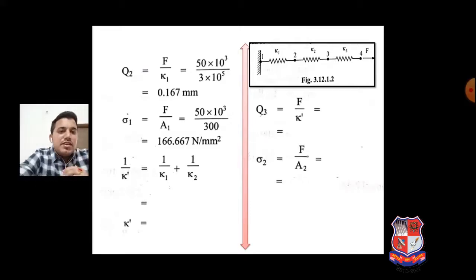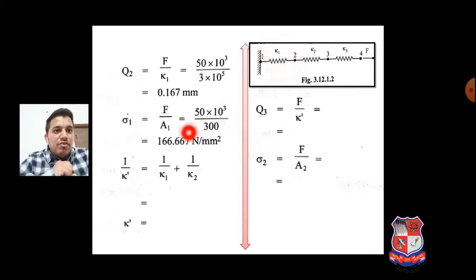In the previous method we found the stress only up to the end of the steps, but here we have to find each and every stress as well as displacement at a particular node in between. So now we combine both K1 and K2. Here first we find it for the first one.